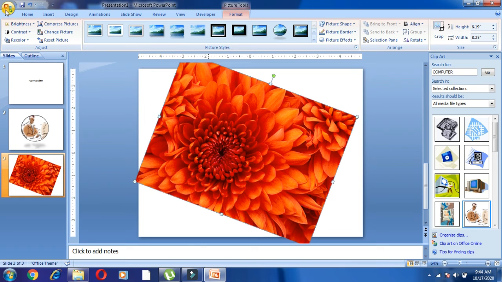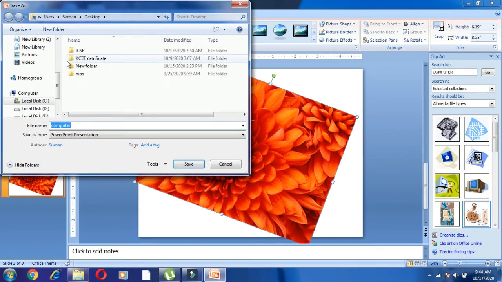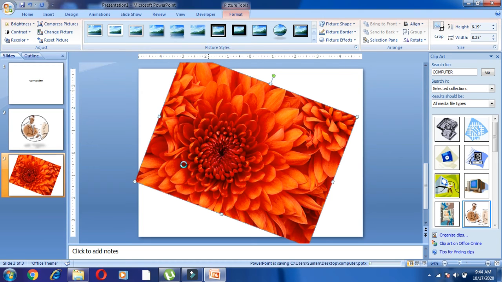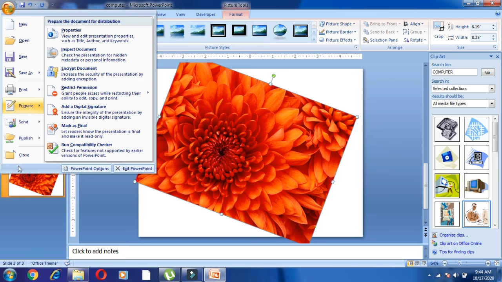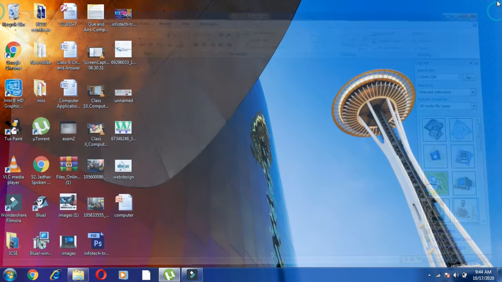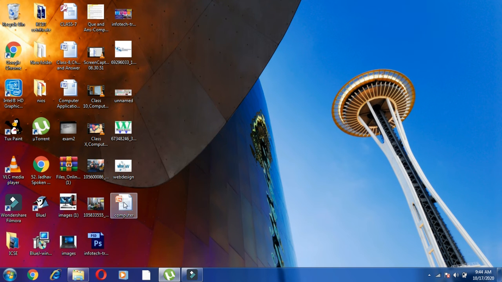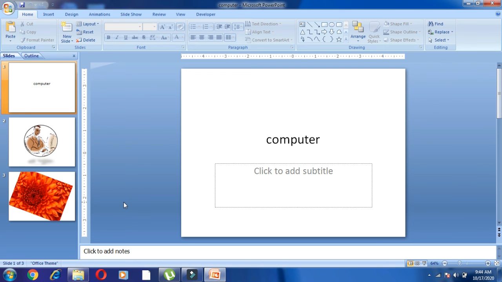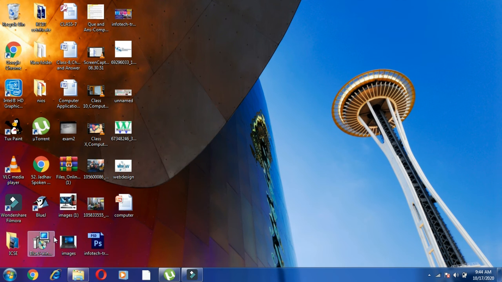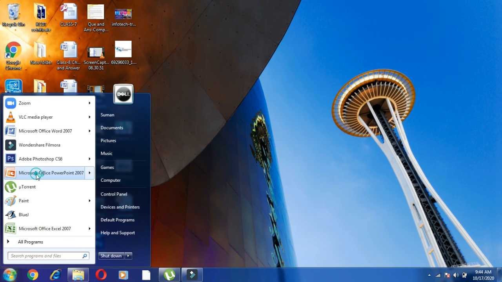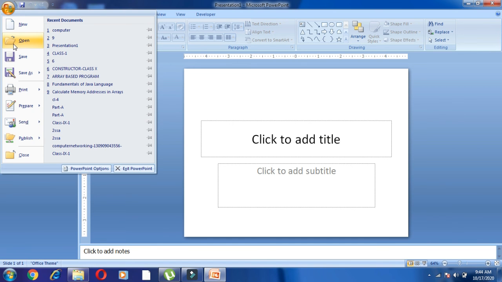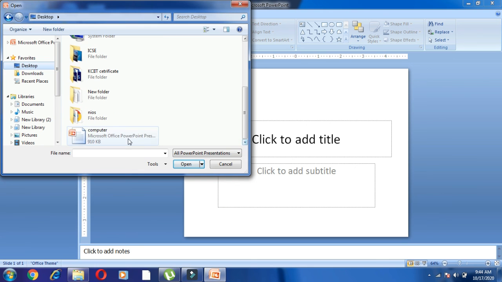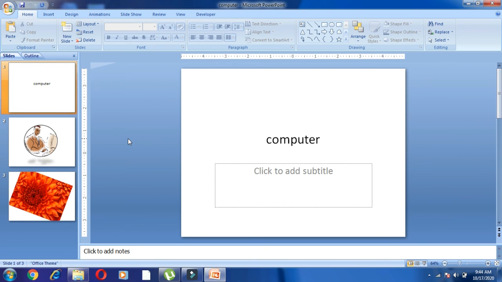We can save, like we can click on the office button, save as, and let me save it on the desktop, and I want to save this by the name Computer only. So let us click. Now I want to close this one and exit the presentation. Now see, the PowerPoint which I have saved is here. Okay, the Computer. I'm opening this one. Or else there is another way also to open. You can click on the office button, then PowerPoint, and finally the office button from here, open, and the desktop, and from here we can go for Computer. Okay, and it is available.